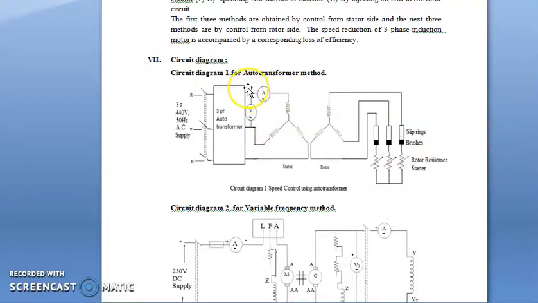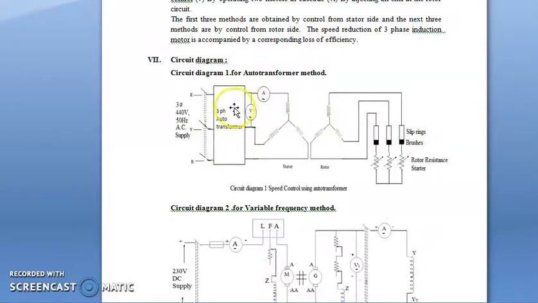This is nothing but a circuit diagram. I have selected one diagram for this. So here we are using a three-phase induction motor, and I have connected one three-phase auto transformer in the stator side. Okay. So this is nothing but a three-phase auto transformer. It is connected in between the supply end as well as the stator terminals. Okay, so as we know that we are using auto transformer as a starter. Here for this experiment we are going to use the auto transformer for speed control of three-phase induction motor.